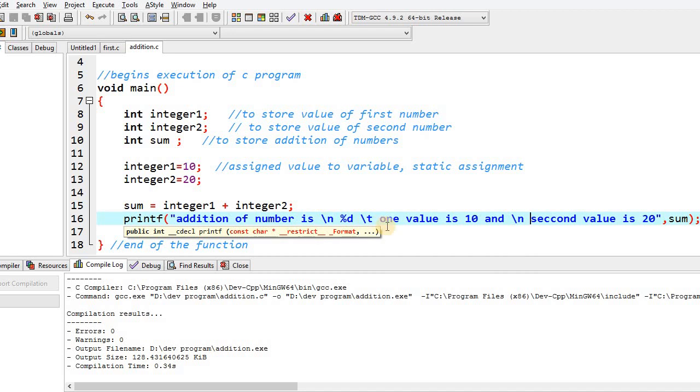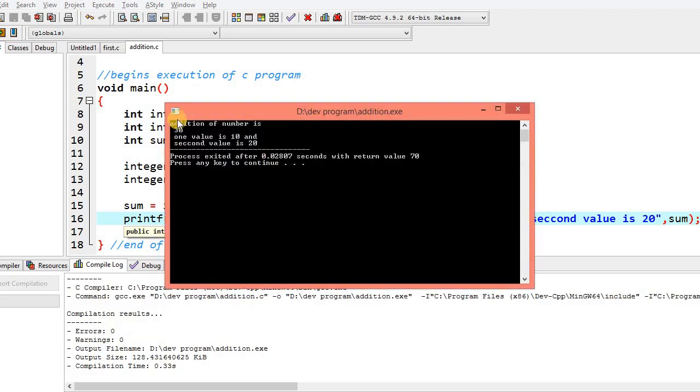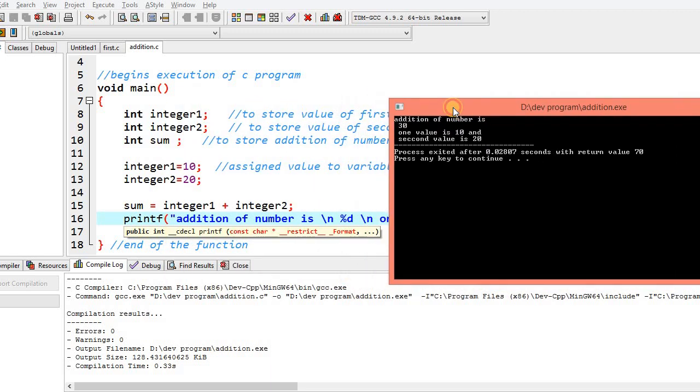Okay, let's just add one value over here. \n, Control S. Okay, addition of number is 30. You can see that 30 is on a new line, because of this \n. It is called an escape character, escape sequences.